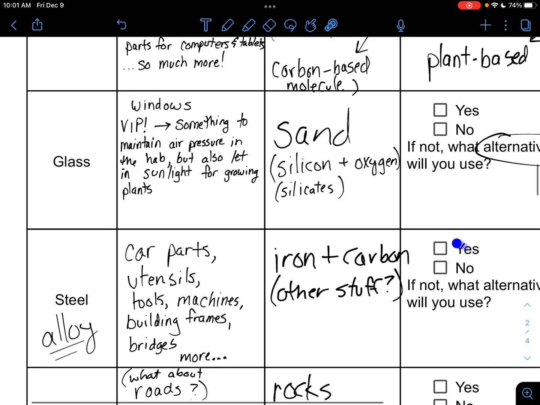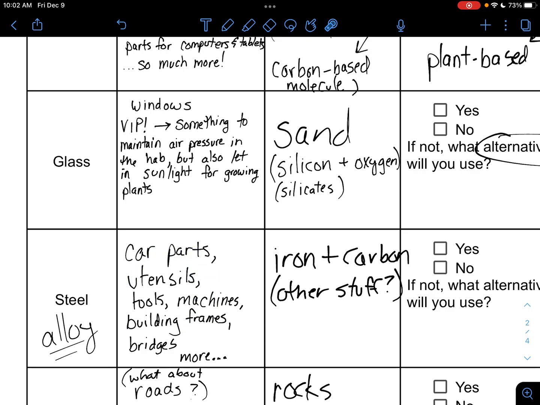For this, a lot of this you're going to be bringing with you, like tools and some of the machines. You might send the machines ahead of you before the humans get there. Tools, send them ahead of you, bring them. A lot of these are going to be sourced from Earth, but the stuff you send beforehand is just to set it up before you get there. The long term, like hundreds, thousands of years down the road, you're going to need to be able to produce your own actual steel or things that will